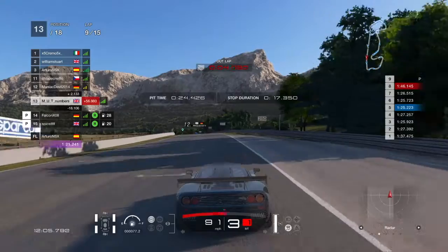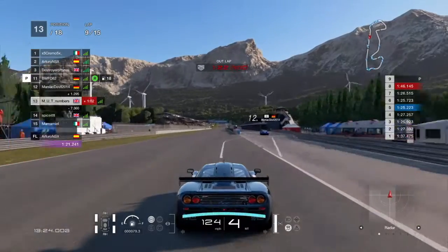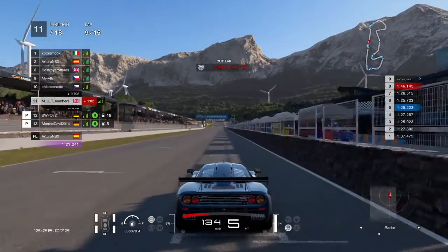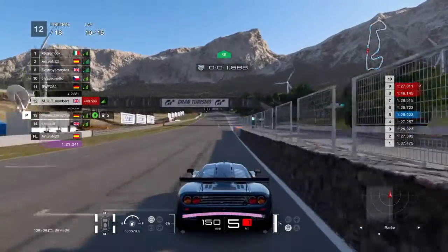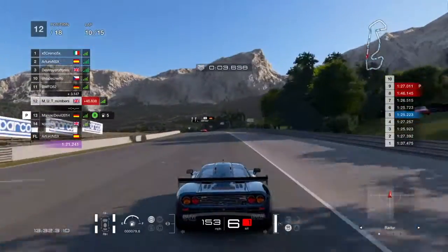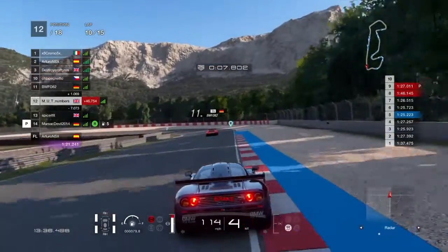You don't need that, and I pop out of the pits in 13th position, with quite a few people ahead of me. Just skip forward a lap and take back 11th. There's a few people still, I assume, left to pit, as this guy comes out in 11th and I drop back down to 12th. The German up ahead,